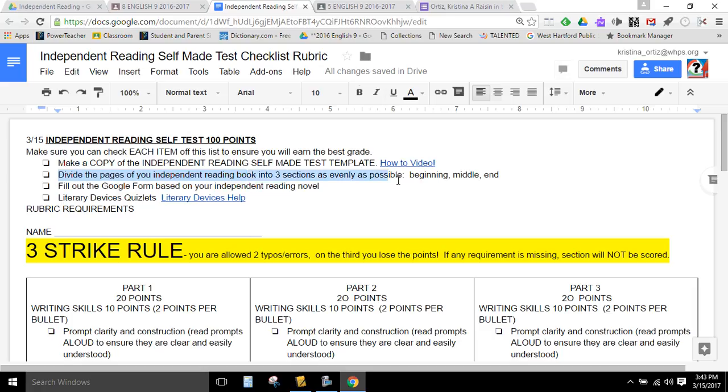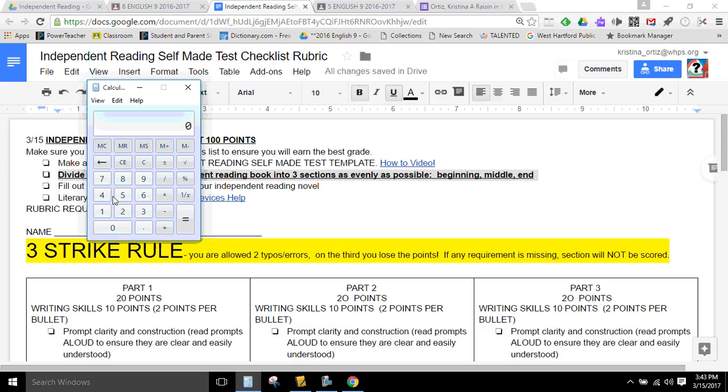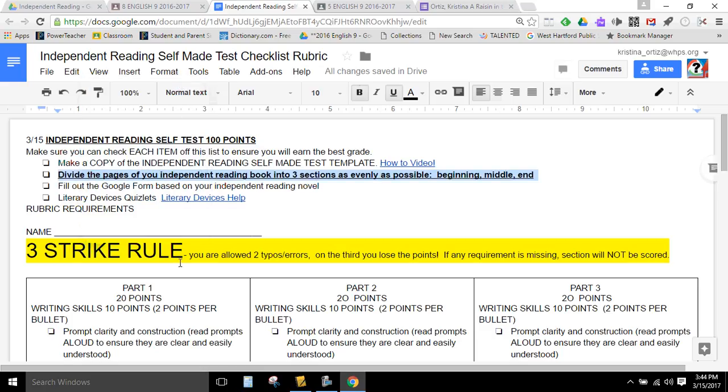Please make sure that you take the time to divide the pages of your text into 3 sections: beginning, middle, end. The easiest way to do that is to look at how many pages there are in your book. So let's say there are 250 pages in your book. We're going to divide that into 3 sections, and so you're going to take about 84 pages at a time. So part 1 would be pages 1 to 84 if it starts with number 1, for instance, et cetera, et cetera. So you do 3 chunks of 84 pages,